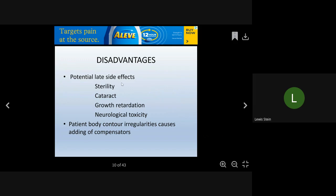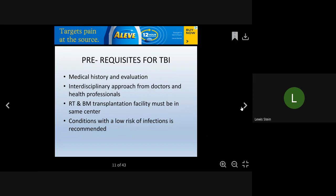So, unfortunately, these are some of the problems. You're going to have to protect the eyes. You're dealing with potential sterility. I'm sure when you're dealing with children with some of these leukemic problems, dealing with bone marrow and growth factors could be a problem, and whatever impact it might have neurologically. So you have to deal with those kinds of things. Again,